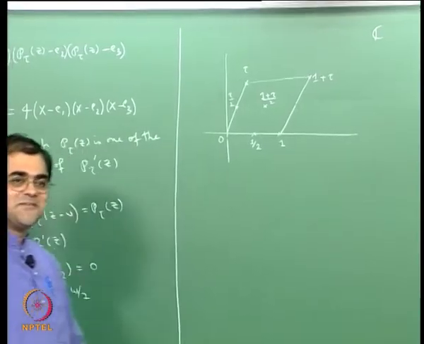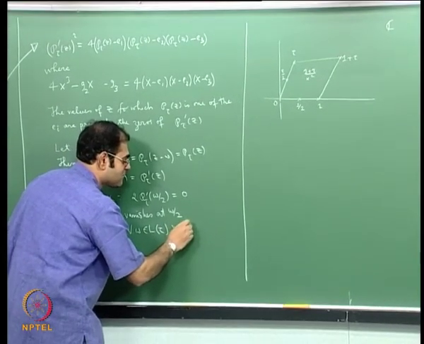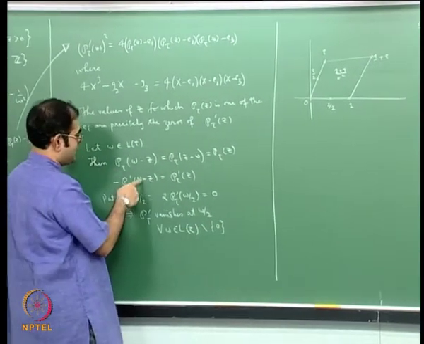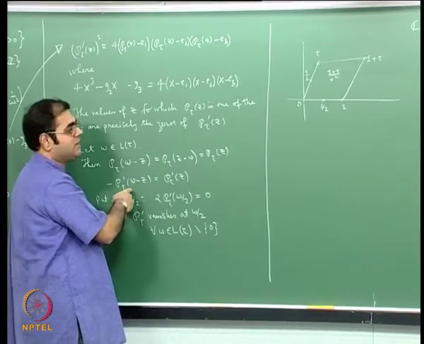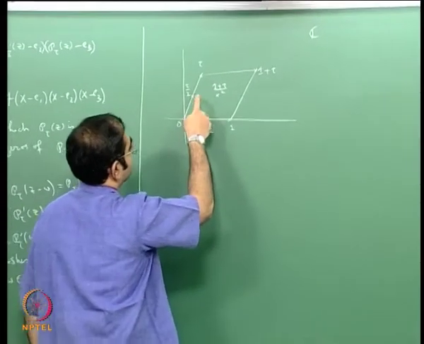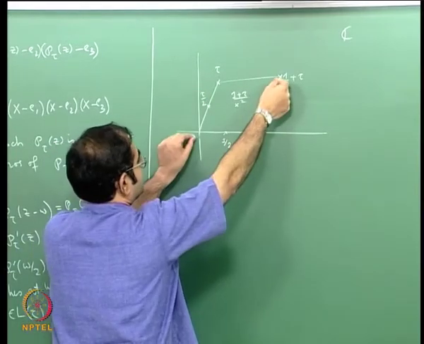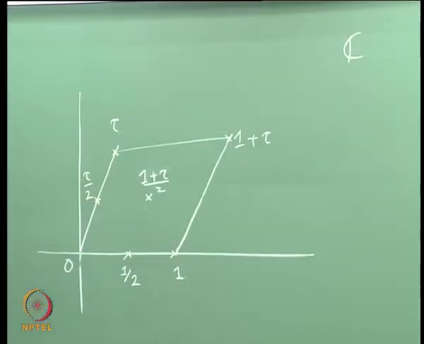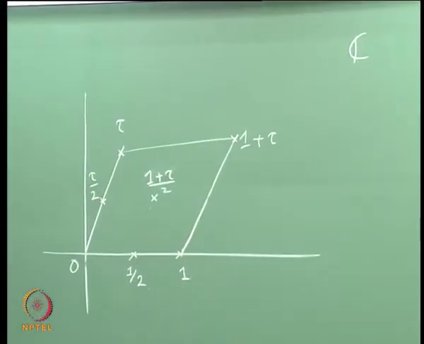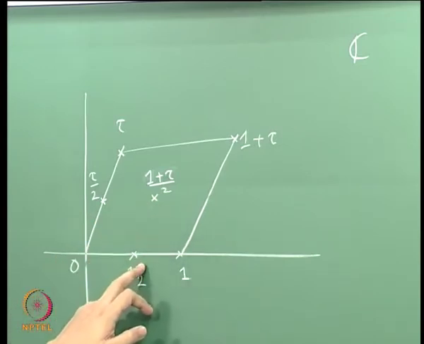Of course you have to be careful that here omega is not 0, because I cannot put omega equal to 0 here, as the derivative at 0 is not defined. So the point I want to make is that if you translate this parallelogram a little bit, so that these two zeros are not on the boundary of the parallelogram, then my claim is that these are the only 3 zeros and they are simple zeros for p prime tau,